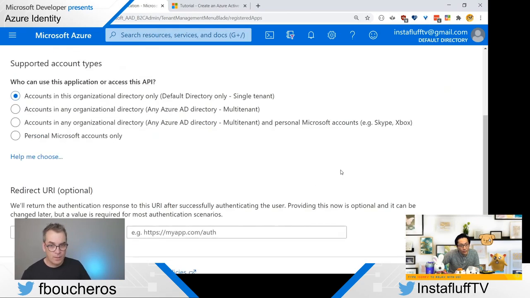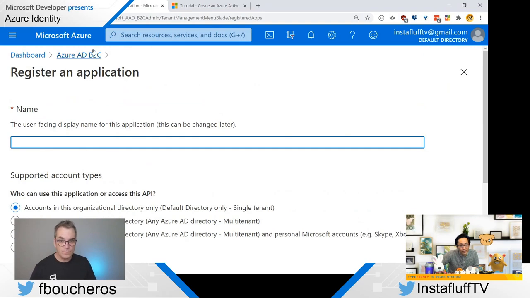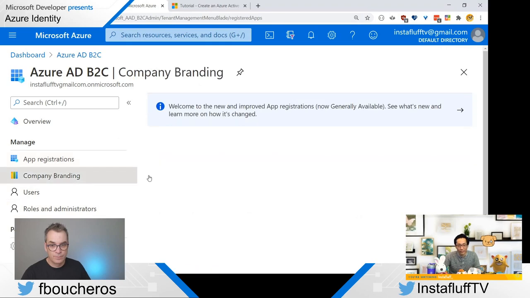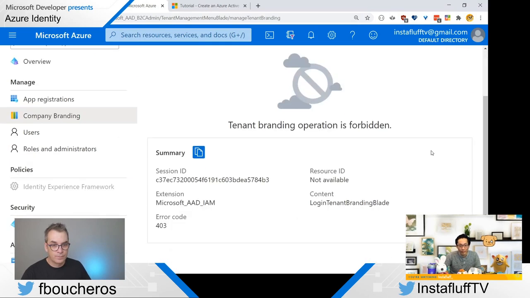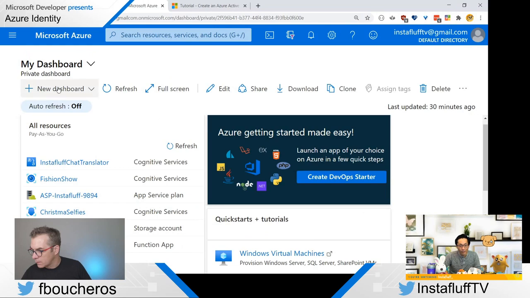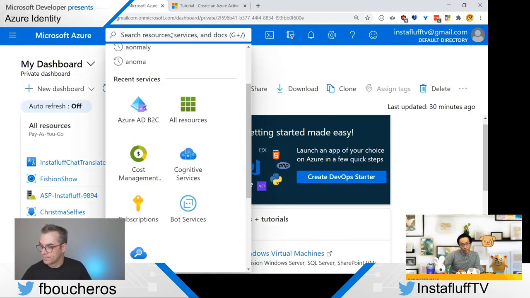I think this is for creating an app. We have to create a tenant first, because the tenant is like the big company kind of. Oh, so it might be in company branding. That would make more sense. Let me check again. I remember being here.